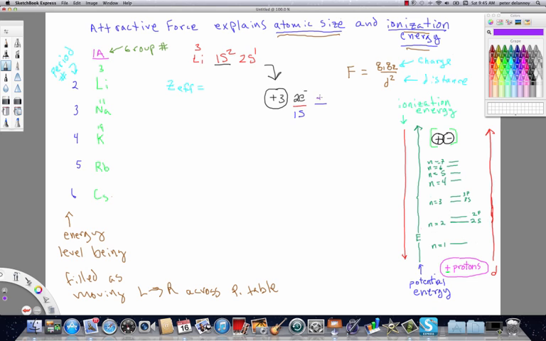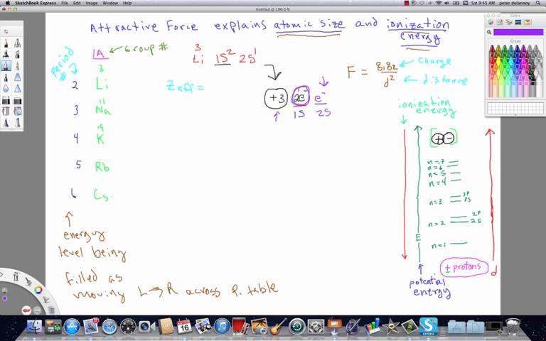So this electron here that's out in the 2s shell. And you see that these 2 electrons are sitting between the protons and this outermost electron in the